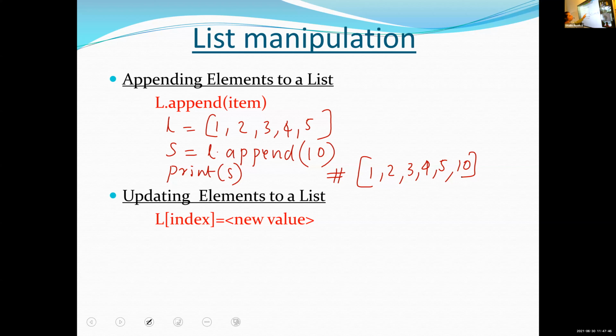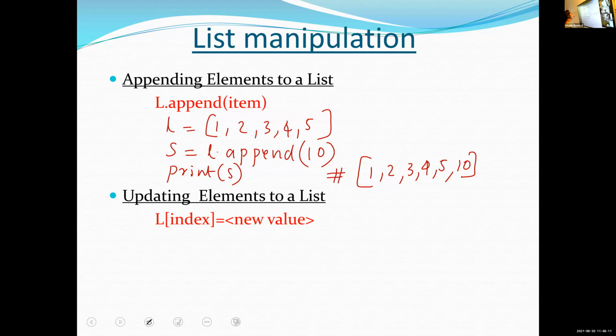First create a list using L is equal to. Then I append one value 10 to the list. For that I write S is equal to L dot append within brackets write 10. Then print S means the value is 1, 2, 3, 4, 5 and 10 is added at the end.